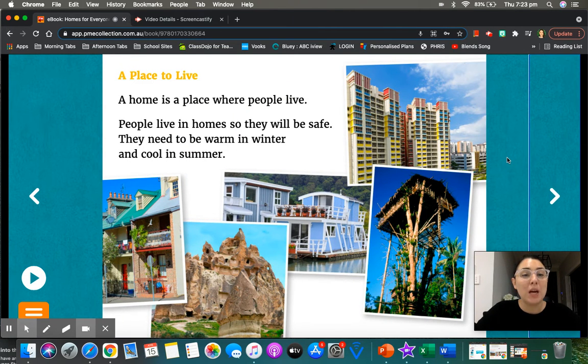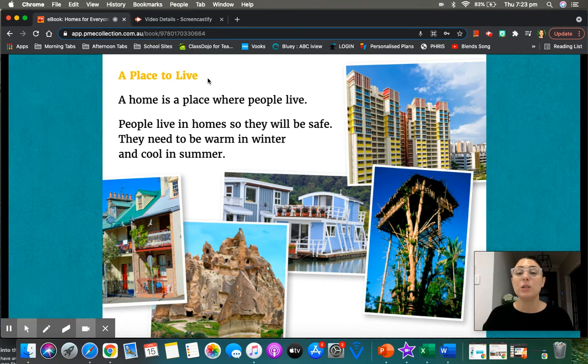When we are reading a chapter book, we will see on each chapter there's a new title. We need to read this title before we begin reading because it usually tells me what this chapter is going to be about. This chapter is called A Place to Live. A home is a place where people live. People live in homes, so they will be